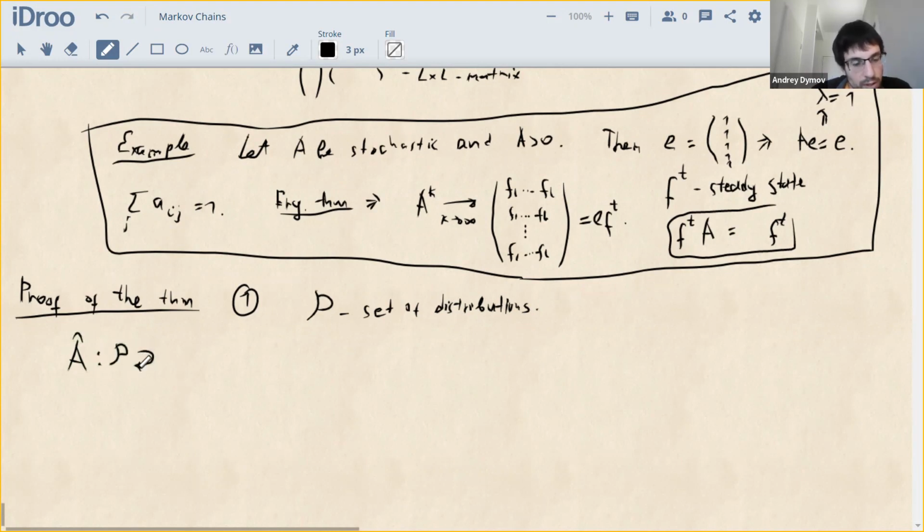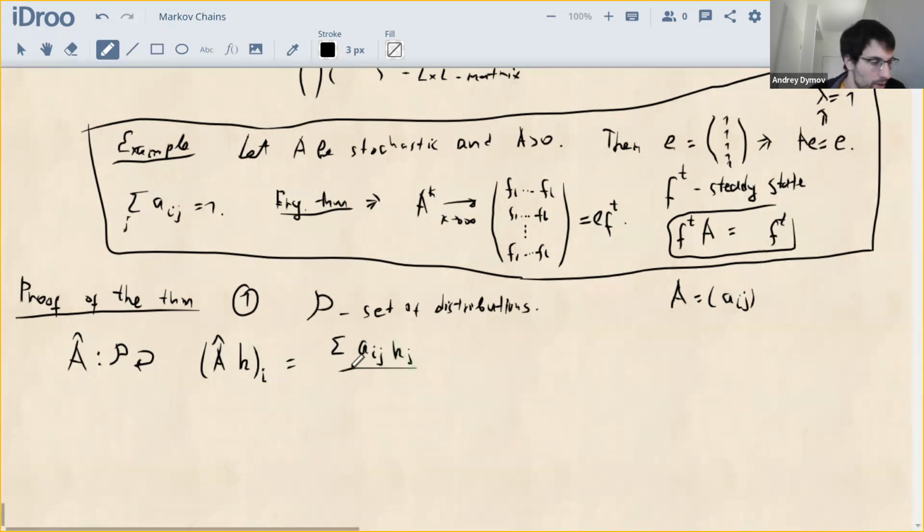So it acts from rho to itself, and let us define it as follows. If I take vector H, then the action of this mapping A hat on H, its component number I, is given by the sum of matrix A, it should have components A_ij, right? Sum of A_ij times H_j divided over